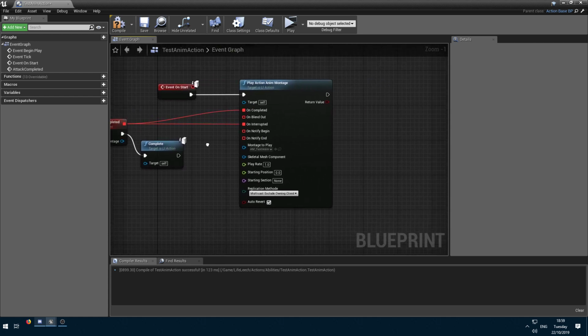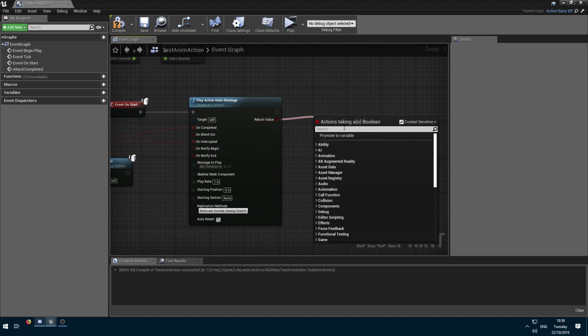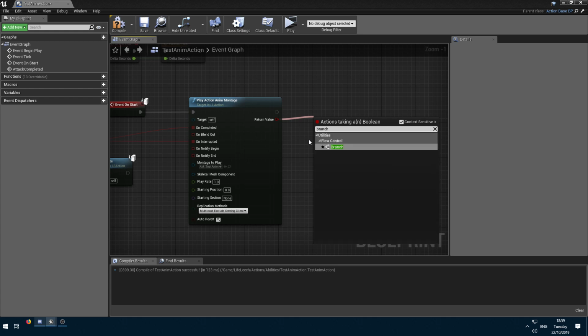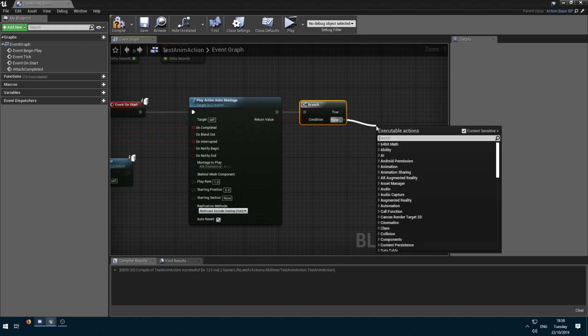We could also now, if our animatic fails to play for some reason, get the return value, which is true if it successfully played, or false if it didn't play. And we could do a branch, and from the false we go to complete,